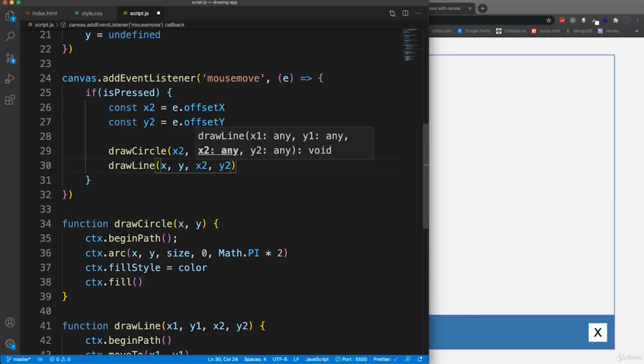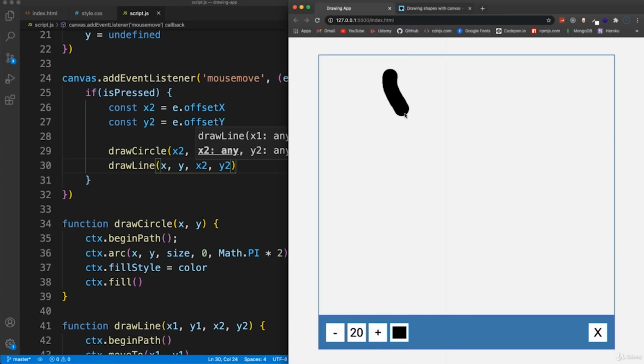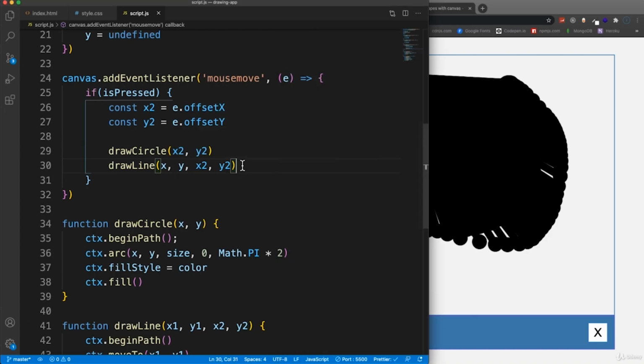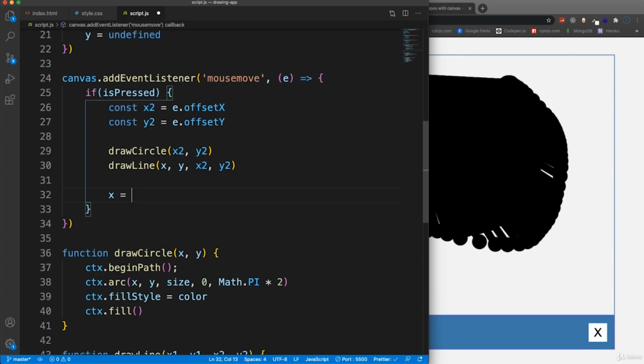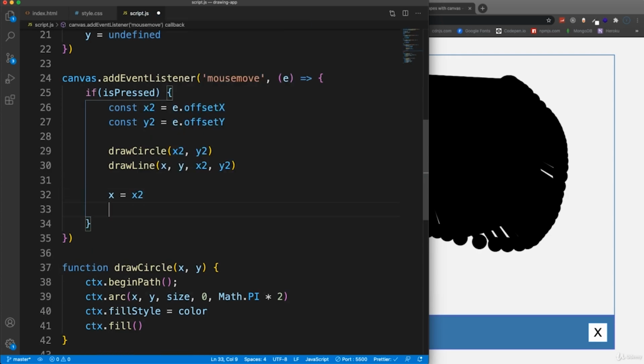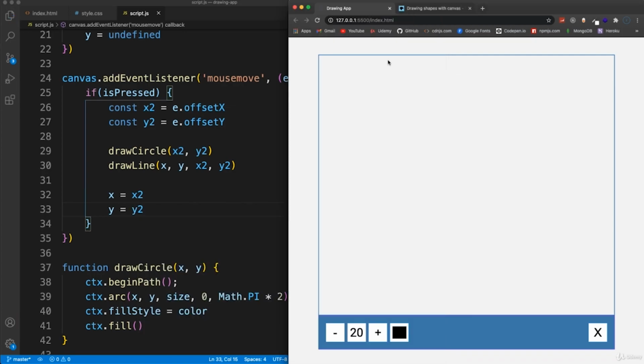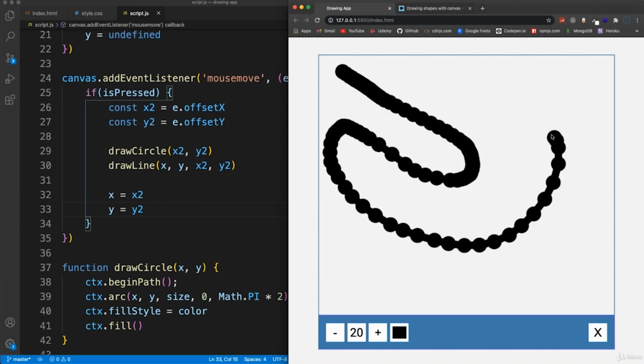Okay, now if we check it out, we have this weird effect going on, and that's because after we do this, we want to set the x value to whatever the current position is, and the y value to whatever y2 is. So now if I come over and draw,